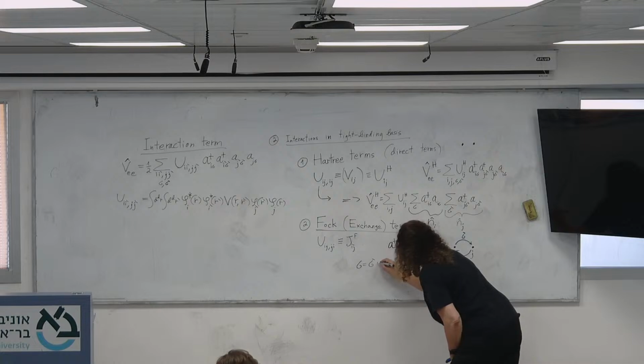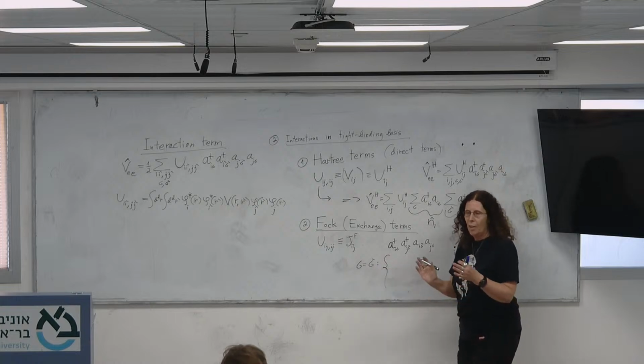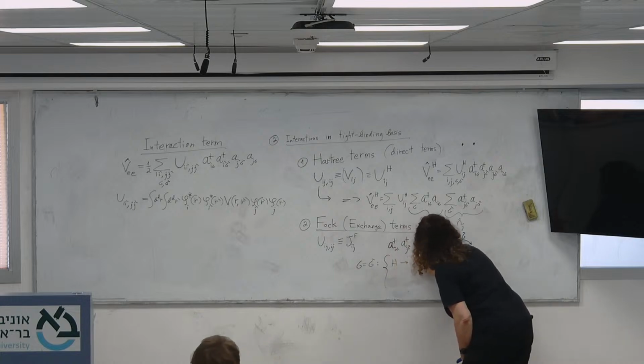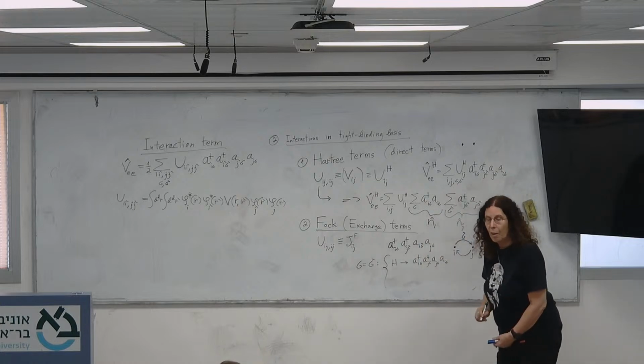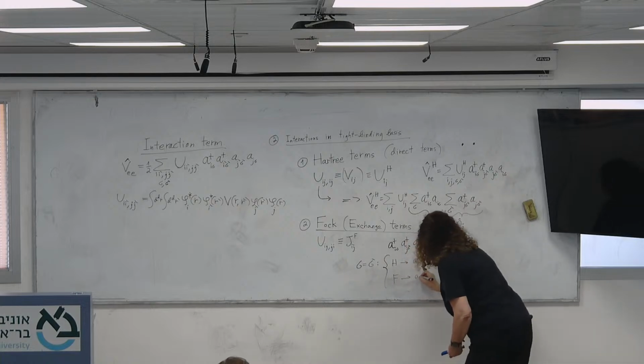From sigma equals sigma prime, you get one term from the Hartree that looks like this: i sigma, ij, ij, i sigma, right? From the Fock term, you get